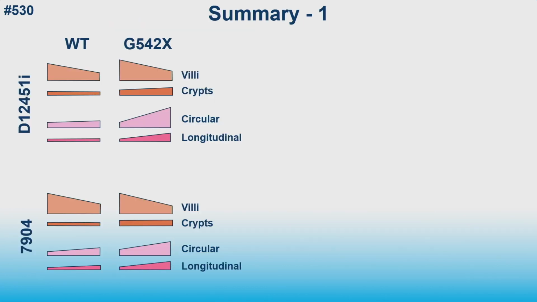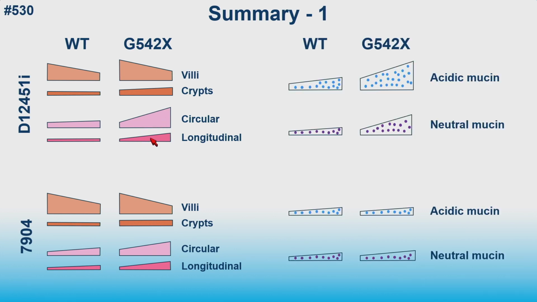So in summary, we have shown that both diets, the what we call protective diet and the diet with E. coli, both have the same histological changes: an increase in crypt height along the whole small intestine, as well as an increase in muscle thickness of both the circular and longitudinal layer. But they are different in respect to the mucin content. The diet with E. coli has no difference in the amount of mucin between wild type and CF, but the protective diet has more mucin, especially the acidic mucin, in the CF mouse compared with the wild type.